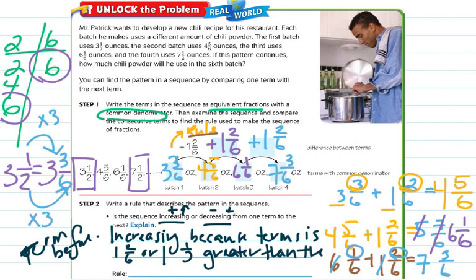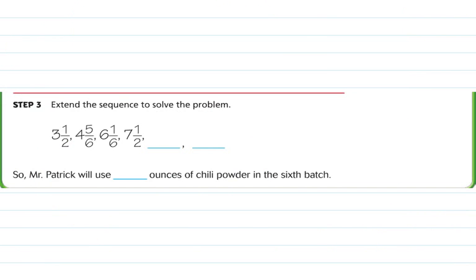So it says the rule, boys and girls, here would be add 1 and 1/3. Notice the rule is in simplest form, and that's really important. So now it says step 3, extend the sequence to solve the problem. So here we have the first, second, third, fourth batches. So what we're going to do is we're going to take that 7 and a half, and we're going to rewrite it so that it has the correct term, which would be,